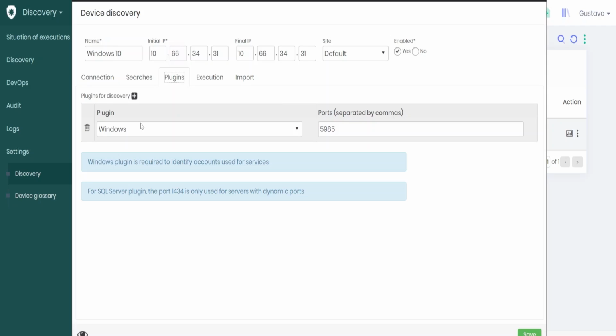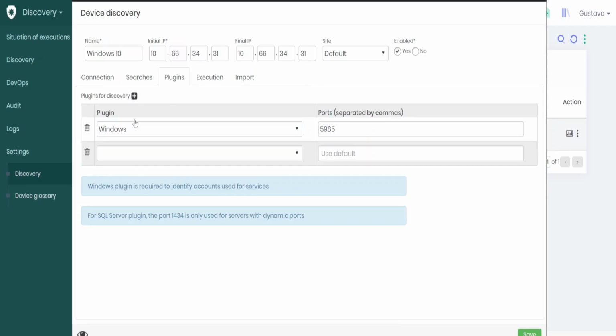As you all know, Windows and Linux are operating systems that use different methods to discover users. We should use the plugin to let the system know what is the logic to be applied when discovering the credentials of a given device, but also the port through which to connect and through which Discovery will try to find devices. In this example, I'm looking for a Windows device and should apply the Windows logic to discover credentials through port 5985.